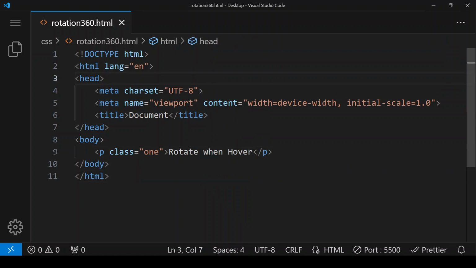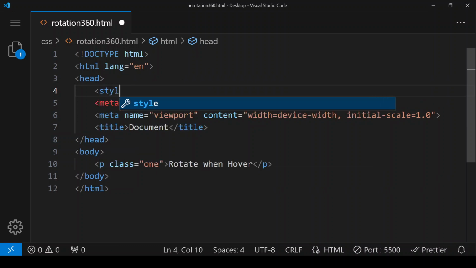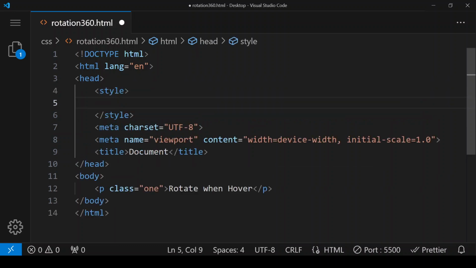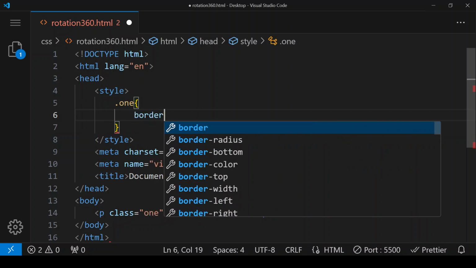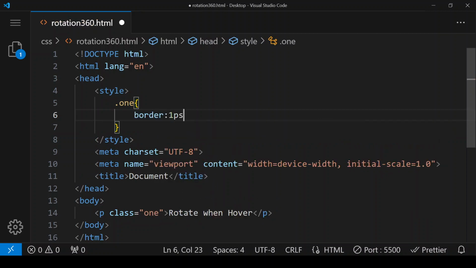In the head section we are giving a style tag, and within this style tag I'm creating class 1, and here I'm giving border to 1 pixel solid black,